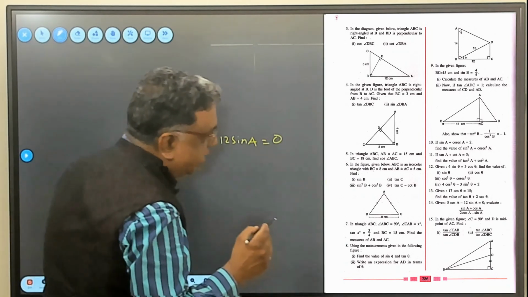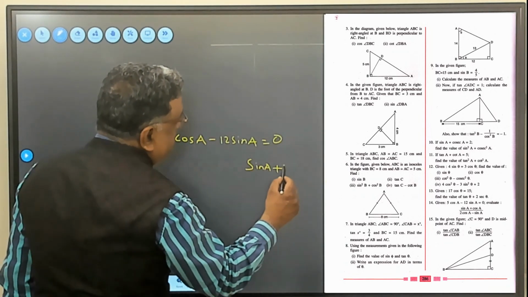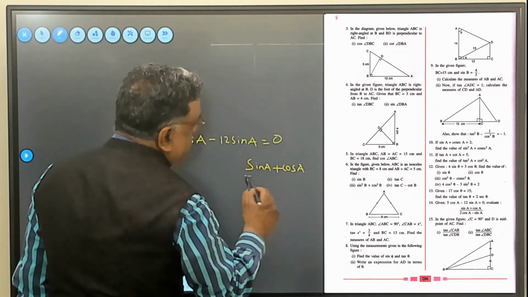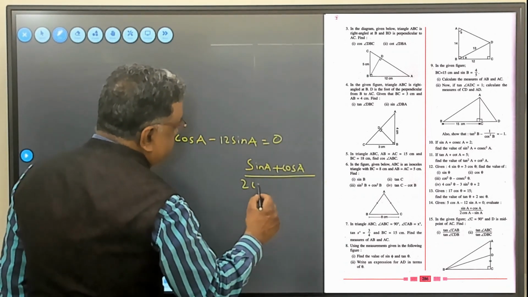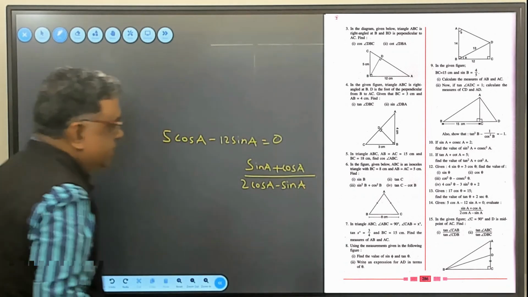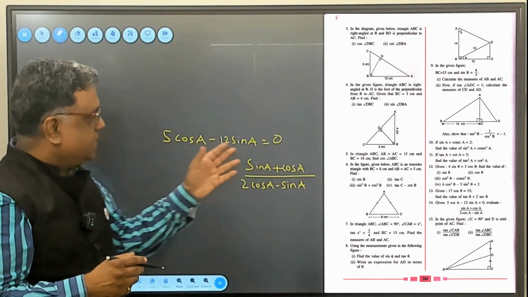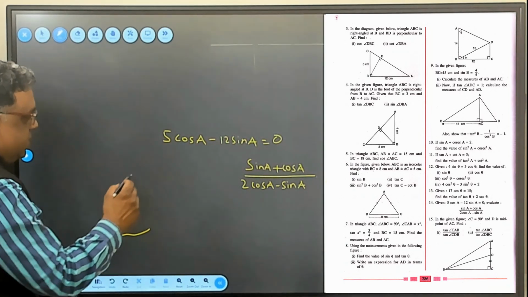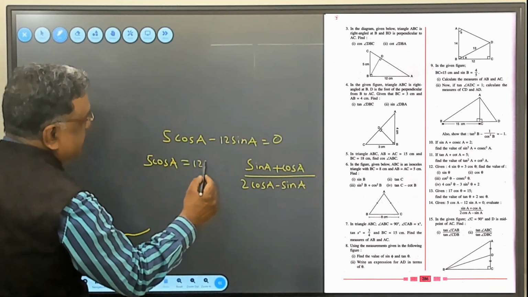Then I have to find the value of sin A plus cos A upon 2 cos A minus sin A. So I've been given 5 cos A minus 12 sin A is 0. Let's see how we can modify it. I can write it as 5 cos A is 12 sin A,